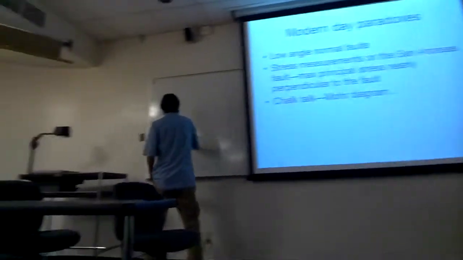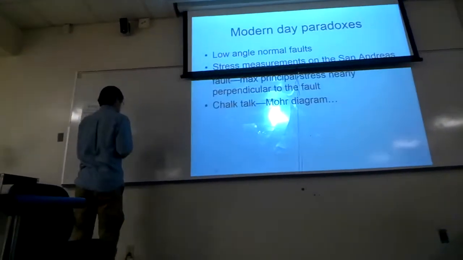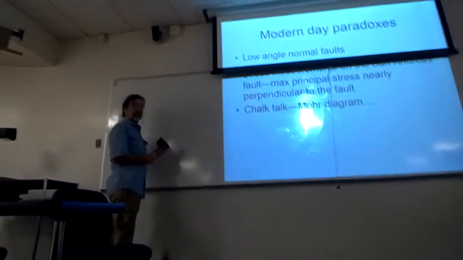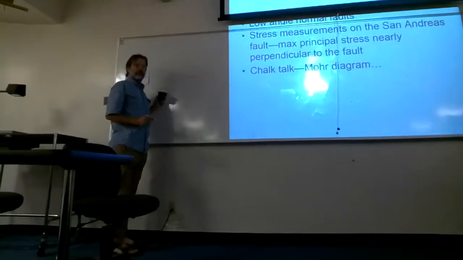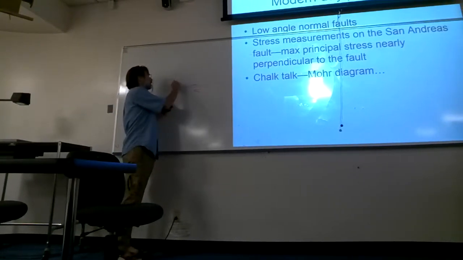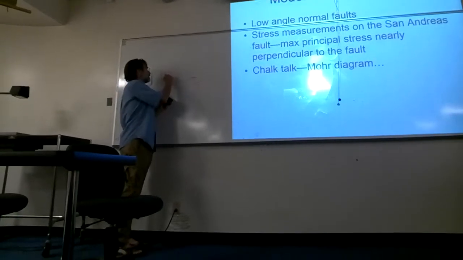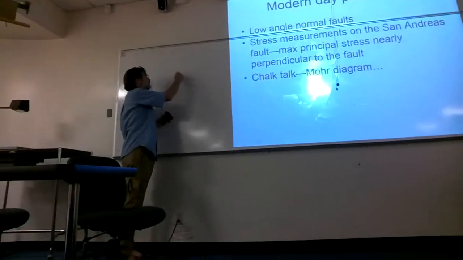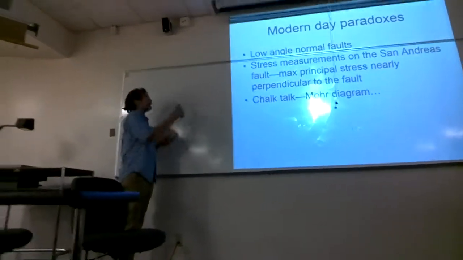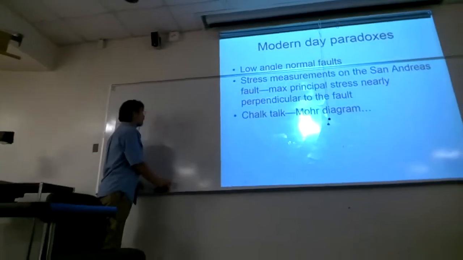The observation on the San Andreas is, if you have the San Andreas fault sitting here moving, you would expect from theory that sigma 1 would be there, at about maybe 30 degrees from the fault. So this would be conjugate faults. That's what you'd expect, and sigma 3 would be over here. What's observed,